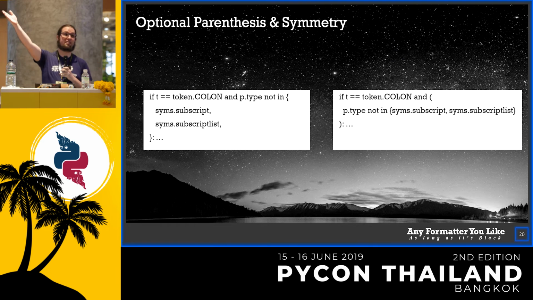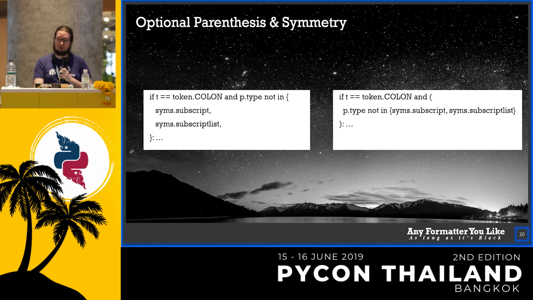And then actually, this is how Black formats it if you put the opening parentheses over there. It's shorter, it's only 3 lines, and it's harder to understand what's happening at a glance. So I think we can agree that the second example looks better. Now the challenge is, when exactly do you need those parentheses, and when can you omit them? Because putting those parentheses in all the places is not really going to help.